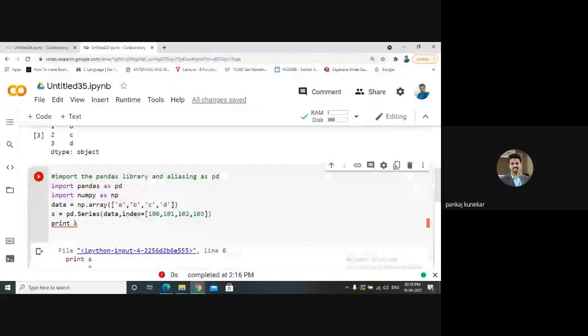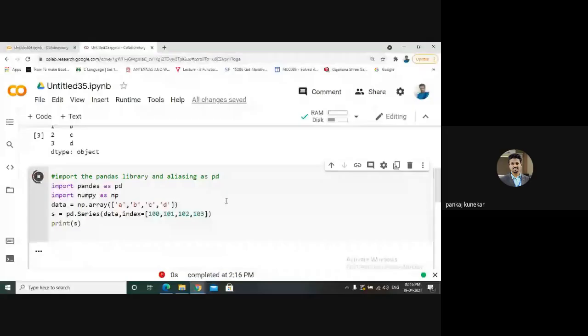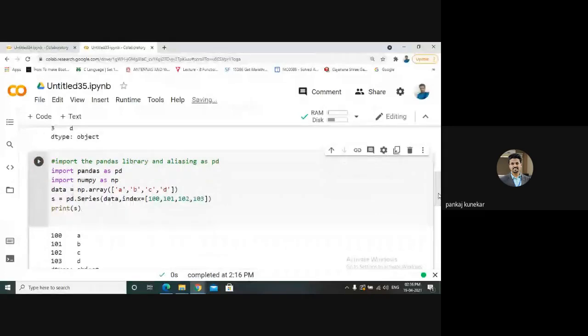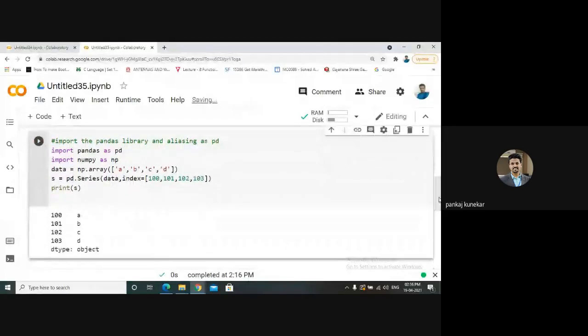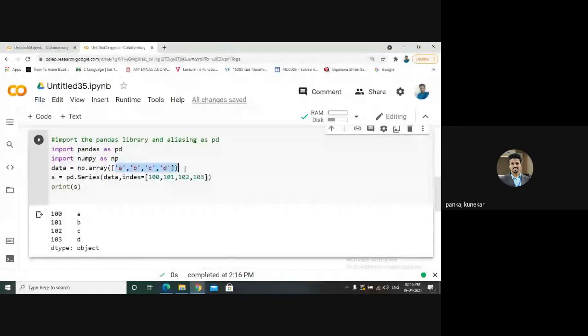By default we are getting index as 0, 1, 2, 3, and if we change the index parameter, we'll get customized indices like this: 100, 101, 102, 103, and your values are A, B, C, D. So we are converting this 1D array to be represented this way. By default it starts with 0, but we can make changes to the index using the index parameter. This is just NumPy.